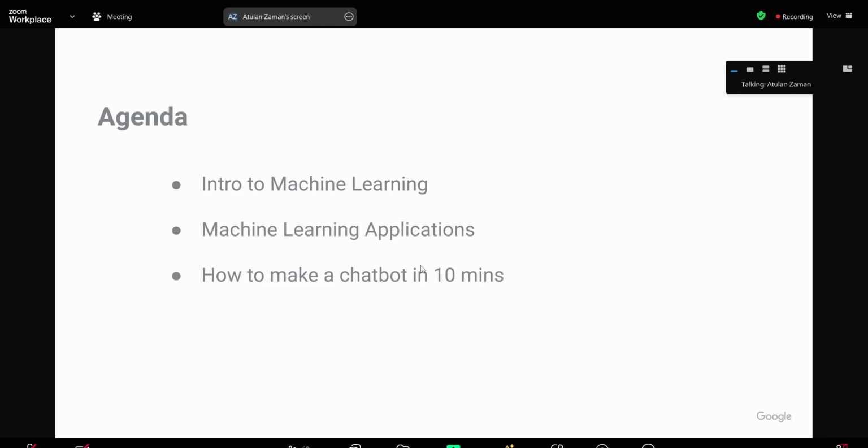Secondly, I want to touch a bit on machine learning applications. What are some of the ways to use machine learning and for what applications? And finally, and this is my favorite part, I want to show you how to create a custom chatbot in simply 10 minutes. After the presentation, I will share with you a Colab notebook in my public GitHub repository,